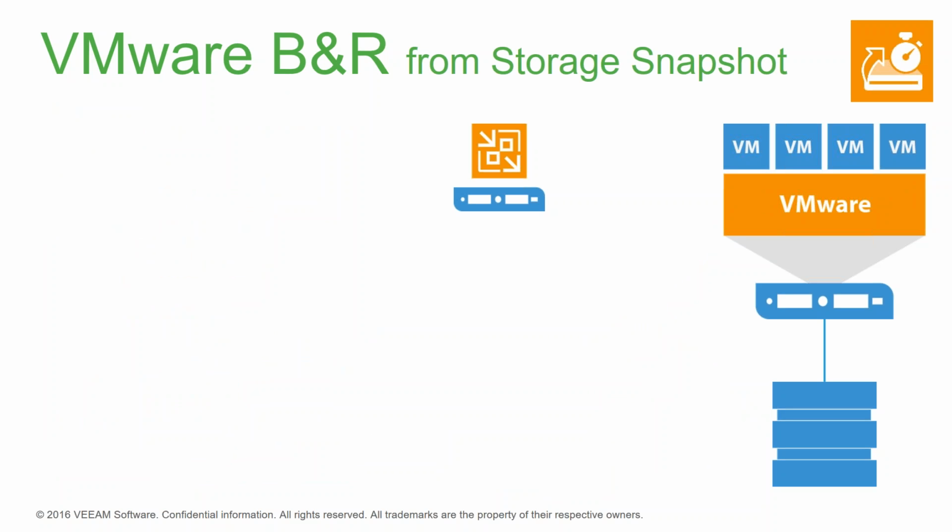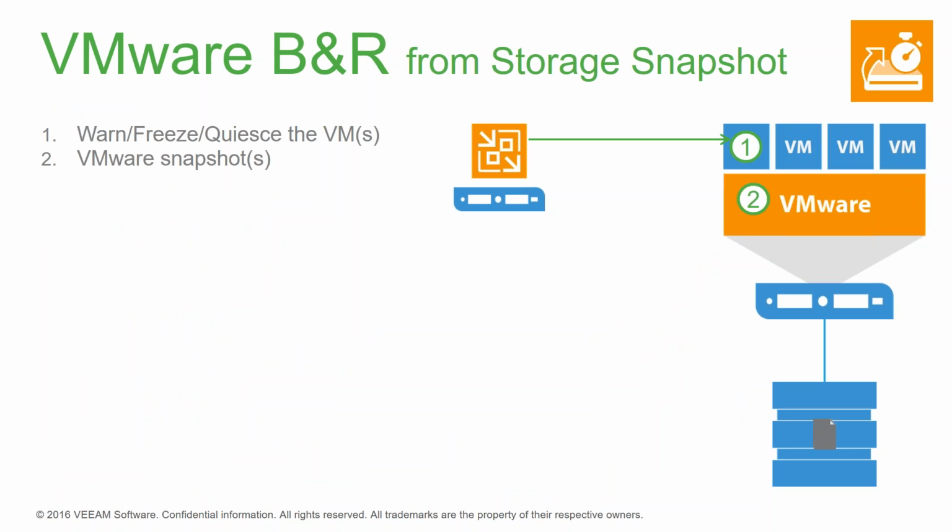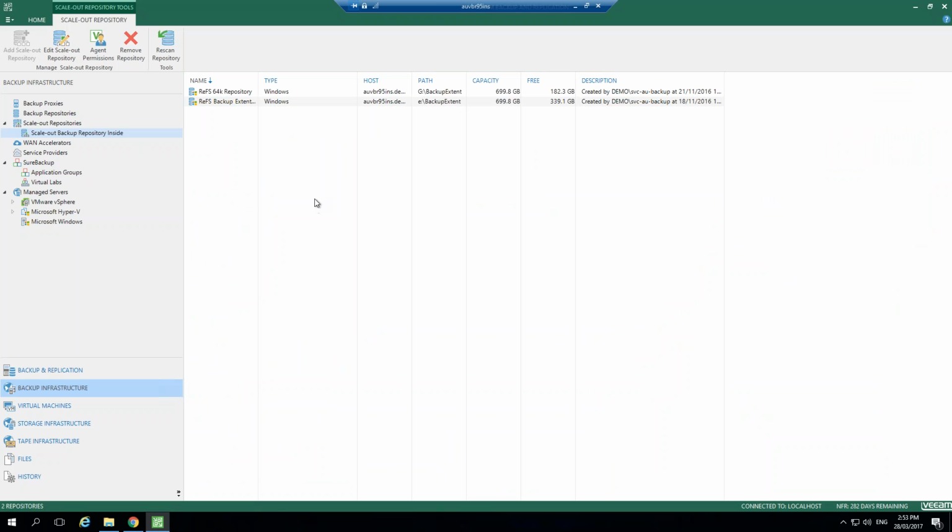Now, if you have certain types of storage, we can use those storage devices to do backup and replication from storage snapshots. Changes our process around just a little bit. We're still going to warn, freeze, quiesce the VM. Once that's done, we're still going to take our VMware snapshot. And,